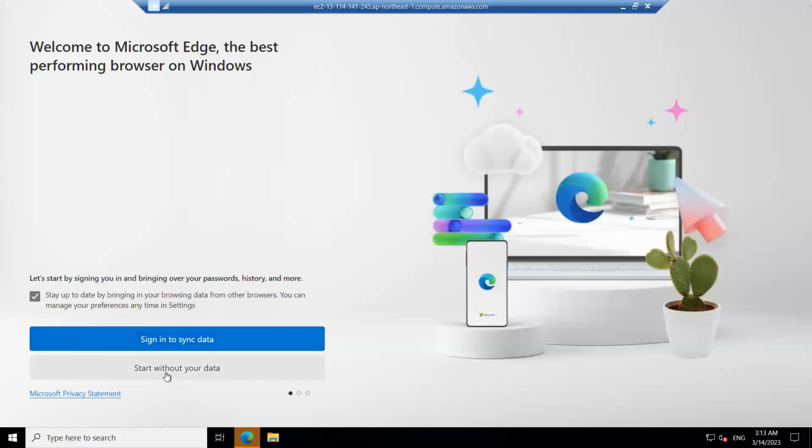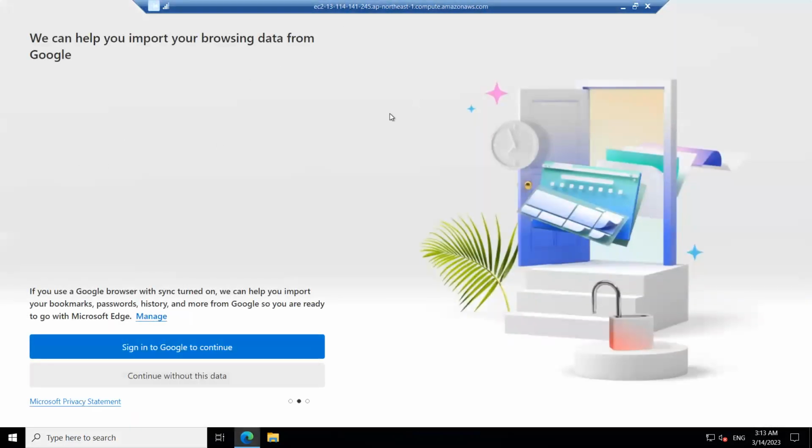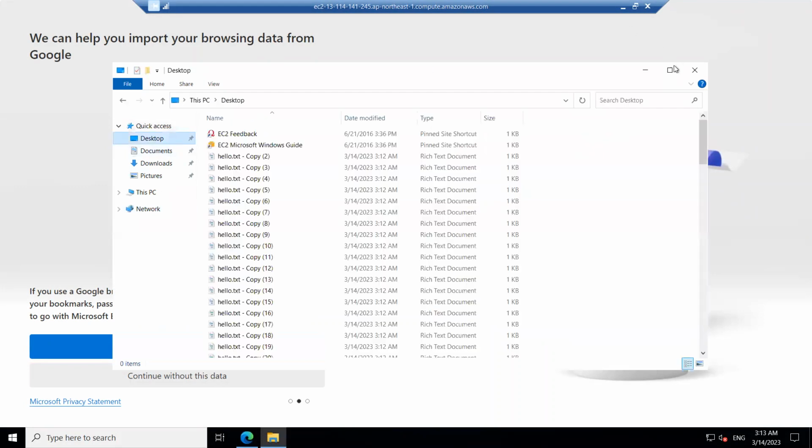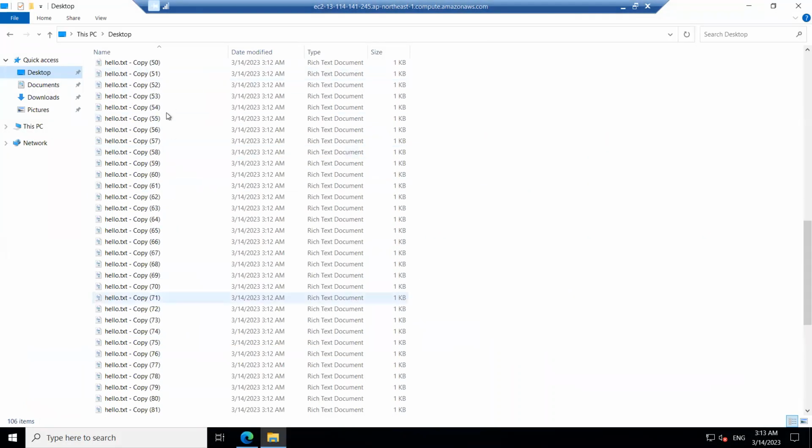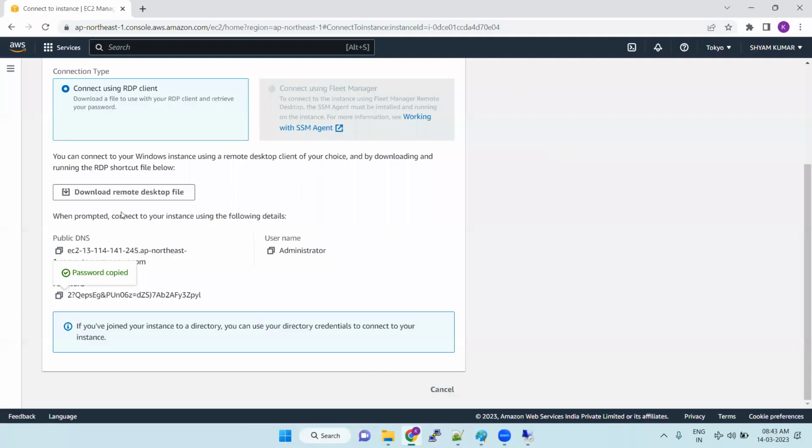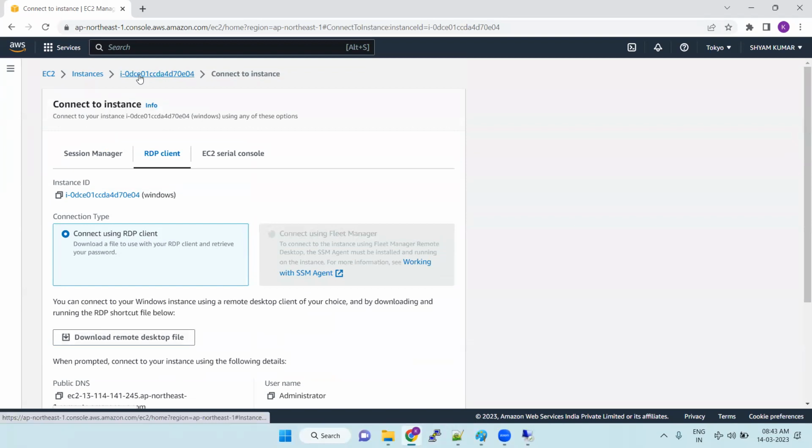If you want a specific version, you can set up any software, Microsoft products or Java, anything you want, in this server. For example, on the desktop I have these important files. This server is a plain server. I start exploring and do the work: Java software installation, .NET, anything you want. You can set up the entire server here. So first, we do the server setup. Next, once all the configuration is done in this server,